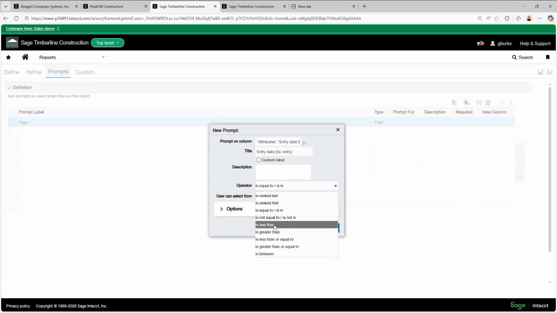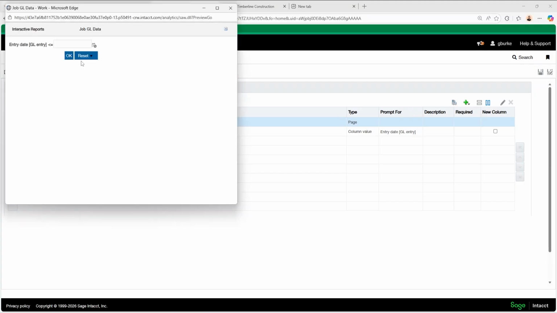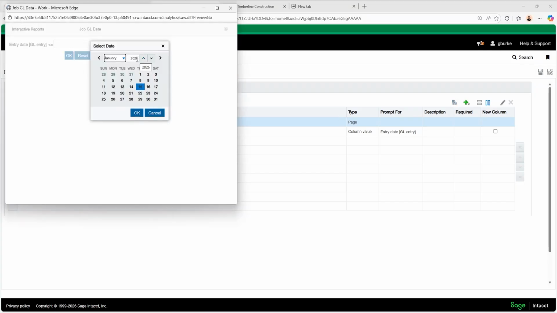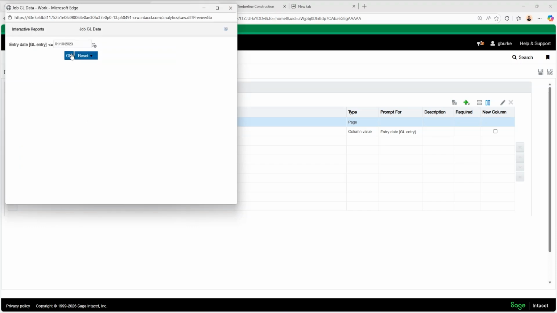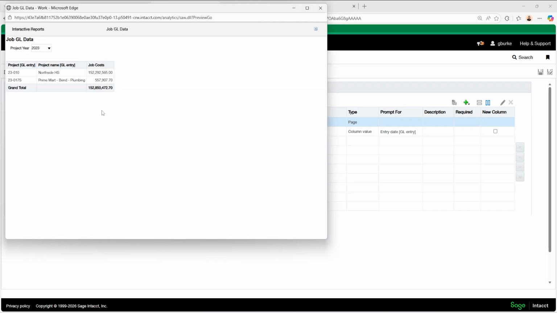So you could have users set an entry date where things are less than or equal to it. And then we preview the report. We go back to January 2023, set maybe the 10th. And we can see the job costs up to that date. That's nice. It might serve your purpose in a lot of cases. But I want to see the total job costs ever. And then I also want a column that goes up until that date I select. And right now, we can't do that. We're only seeing the job costs up to that particular date.